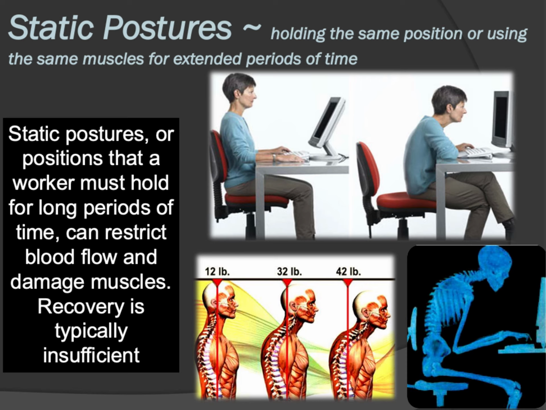And so in our example here, you can see by just having that awkward position and craning your head forward, you're putting more force on your thoracic area than if you can keep your ears up above your shoulders, or as close to up above your shoulders as possible. So here you have 12 pounds of force on your neck, and here you have 42 pounds of force on your neck just because of the weight of your head being held further away from your spine. And when you're in positions like this, actually the weight of your torso itself causes forces on your back, as well as you have that